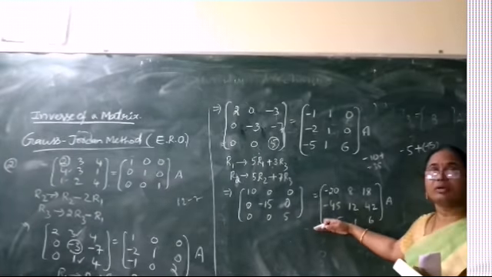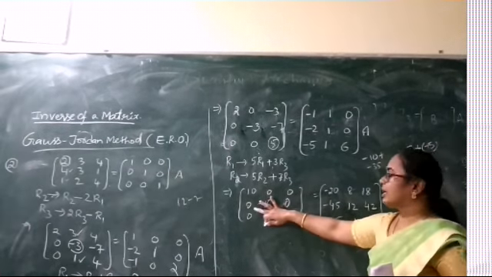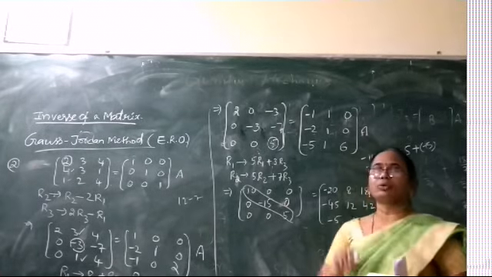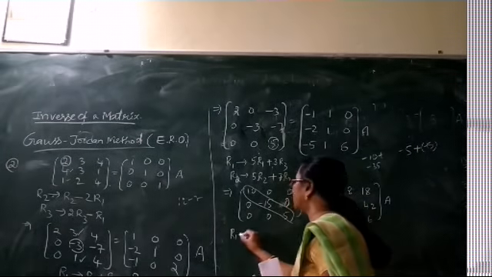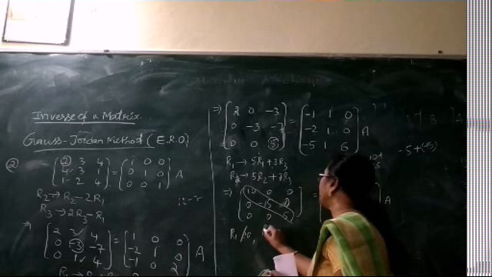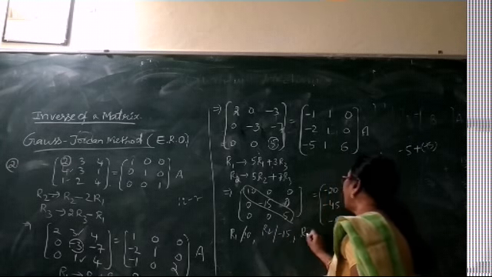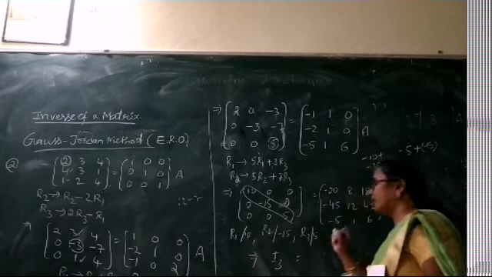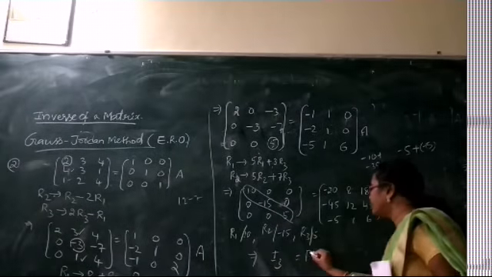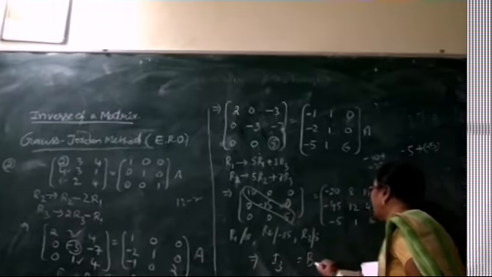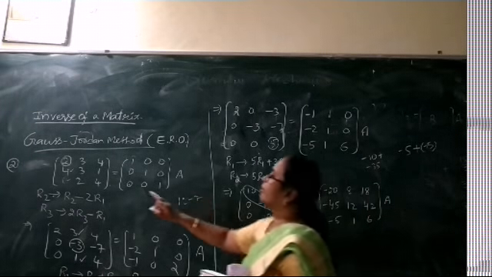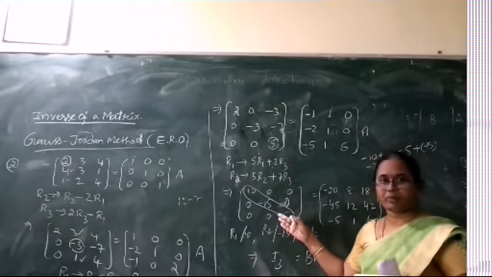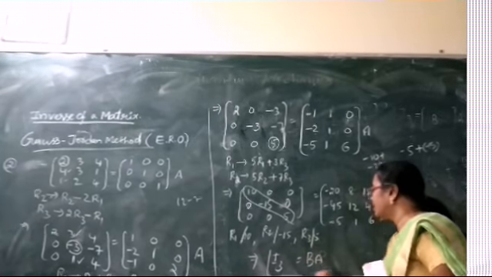This is the end of the third step. We have got the diagonal matrix now on the right side. So we make these diagonal elements equal to 1 by taking the row transformations. R1 divided by 10, R2 divided by minus 15 and R3 divided by 5. And as a result, the left hand side becomes an identity matrix I3. The right hand side reduces to a matrix B into A. We have started with the form A equal to I into A. Using the sequence of row operations, only row operations, we have arrived at I is equal to BA.